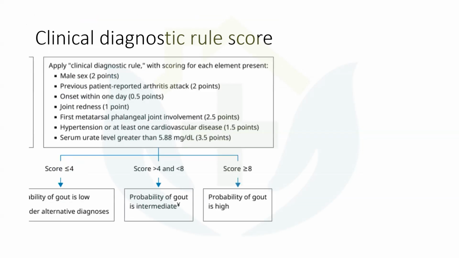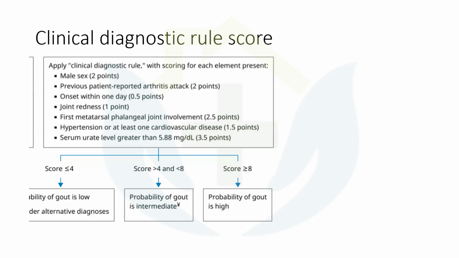So in gout we have a clinical probability score. We can use it to diagnose gout from high probability to minimal, low probability. We score 2 points if the patient is male, and 2 points if the patient has previously reported arthritis, and other symptoms like joint redness and onset within 1 day. If the patient has first metatarsophalangeal joint involvement, that is the classical joint where the gout attacks